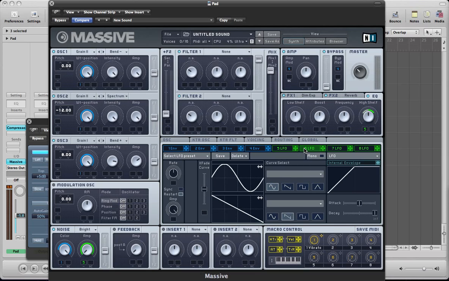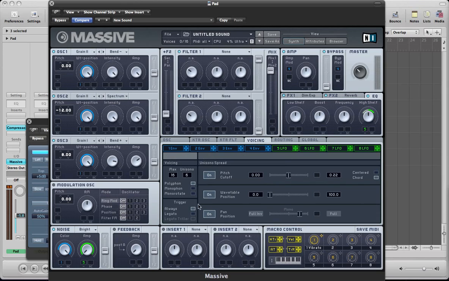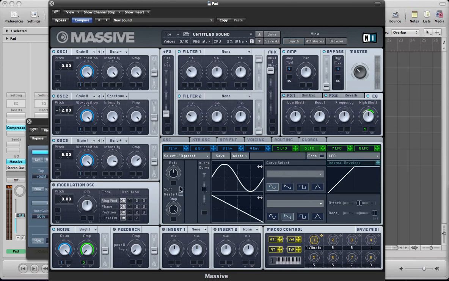Okay, let's move over to this second LFO slot here, and I was actually going to use this to modulate the wavetable position here in the voicing section. Drag the crosshair of the second LFO, drop it in the wavetable position modulation slot, and click and drag up. So we've got something like that. And we don't really need to do an awful lot with that LFO. I thought just leaving it unsynced and with the rate halfway,